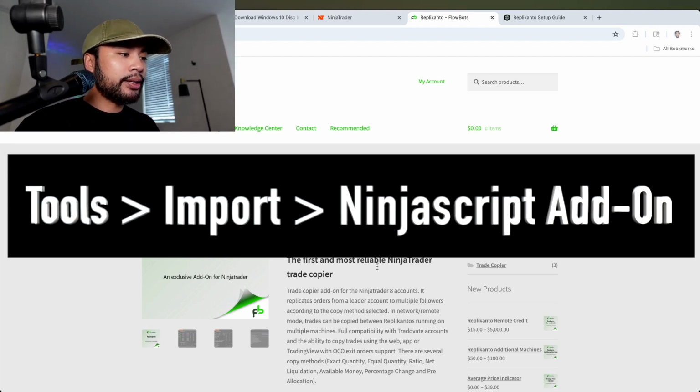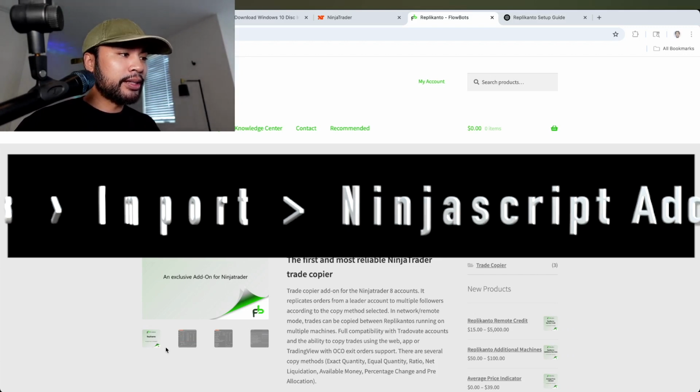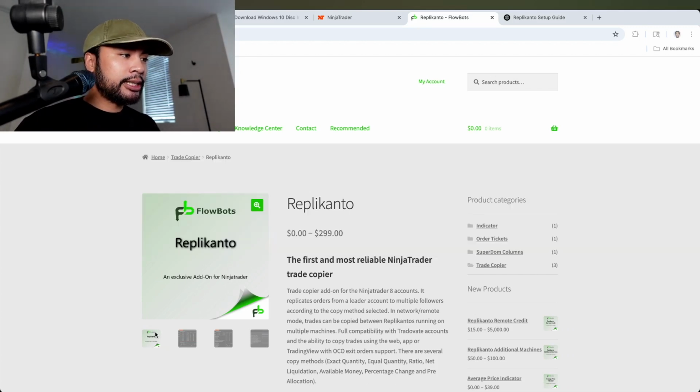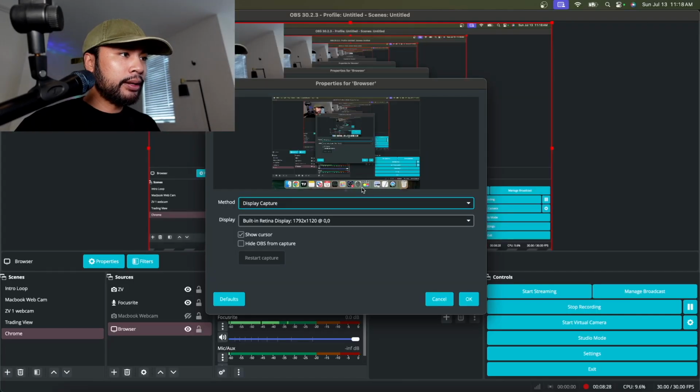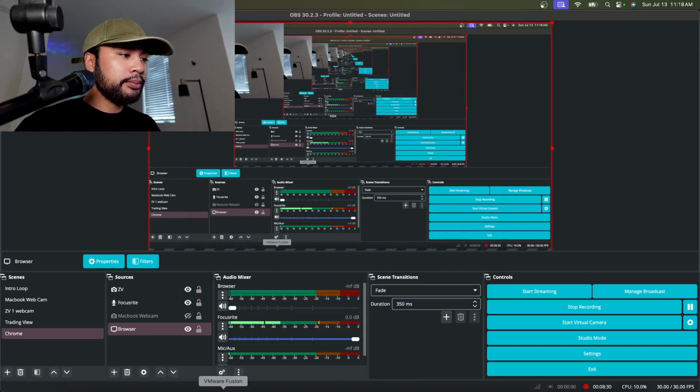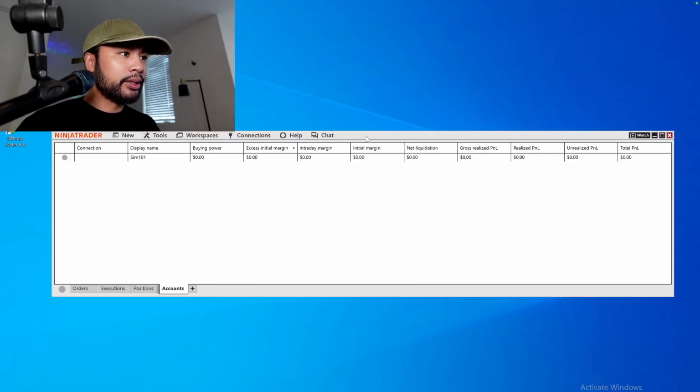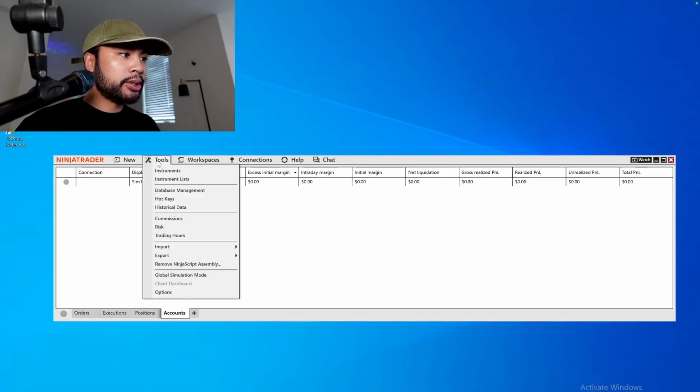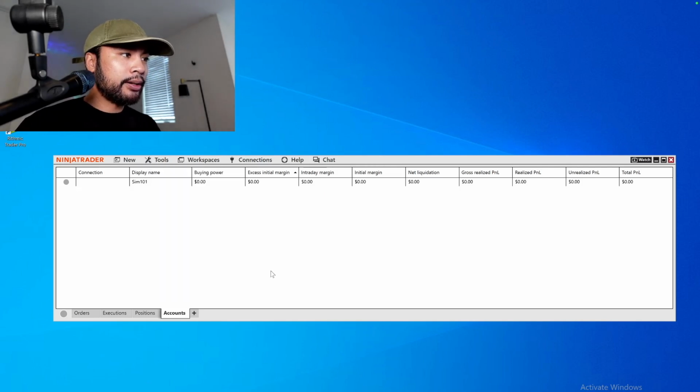So you'll get your download in a zip file. And let's change the screen real quick so I can show you. Once you get the Replikanto zip file from the download, you'll need to go to Tools, Import NinjaScript add-on,